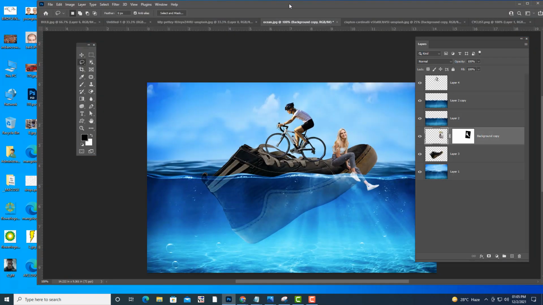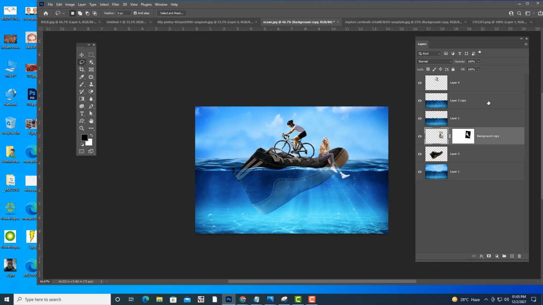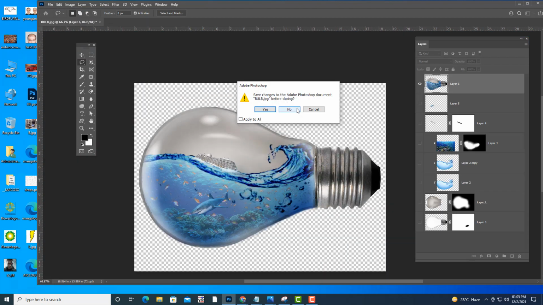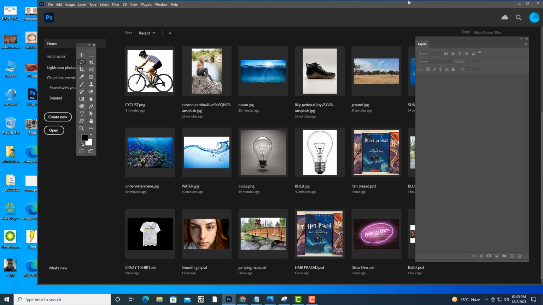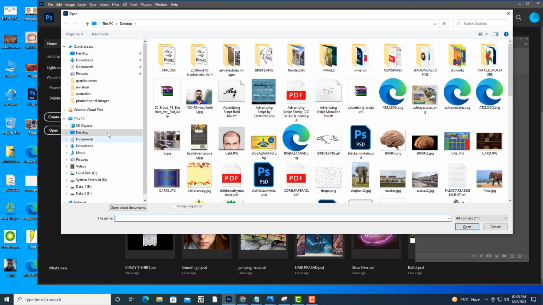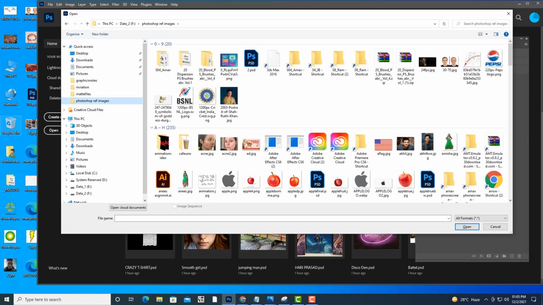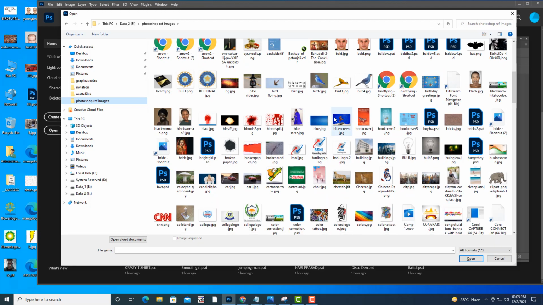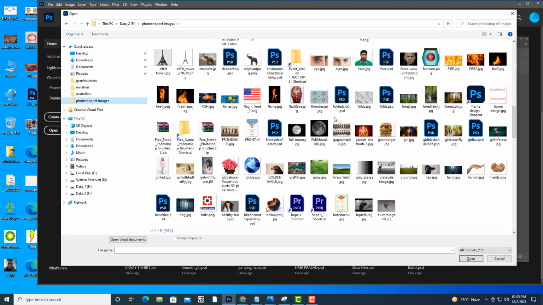Thanks. So we will next move on to the third example of photo manipulation. So we close all. Let me get the image.